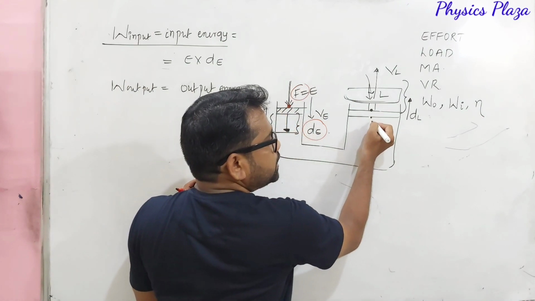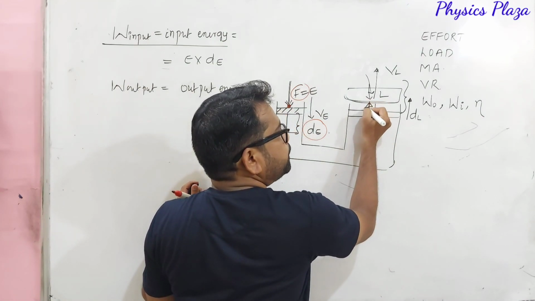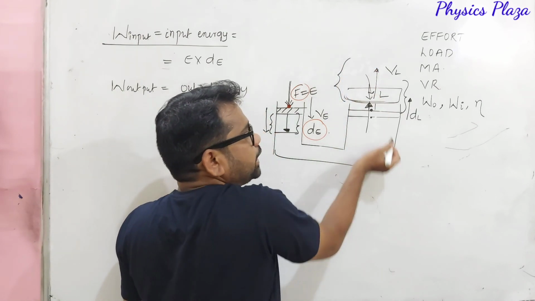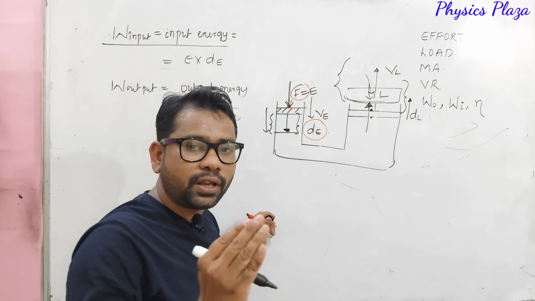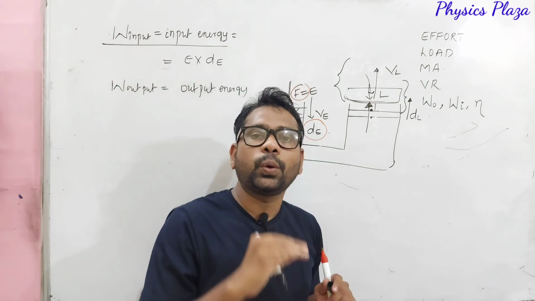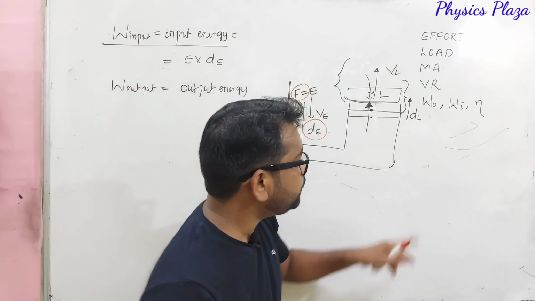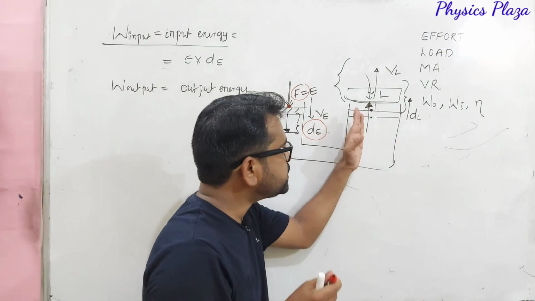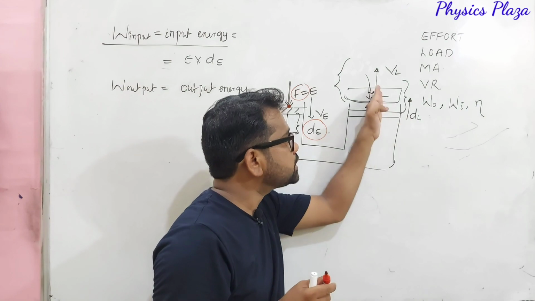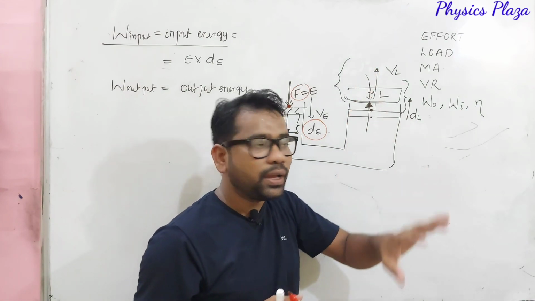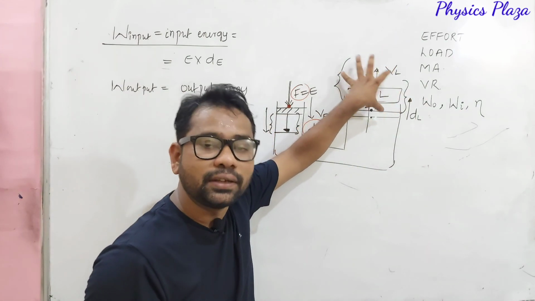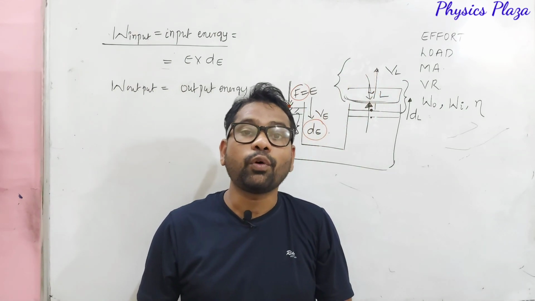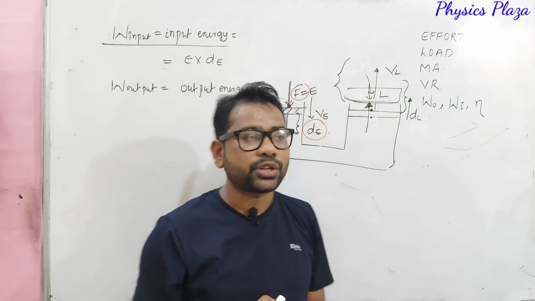What way? By applying some force vertically upwards on the load, so that the load is also displaced vertically upwards. So here some force is acting on the load, and at the same time there will be displacement of the load also. The force is acting upward and the load is displaced upward. So here also some work is done. This work done we can call work output or output energy.